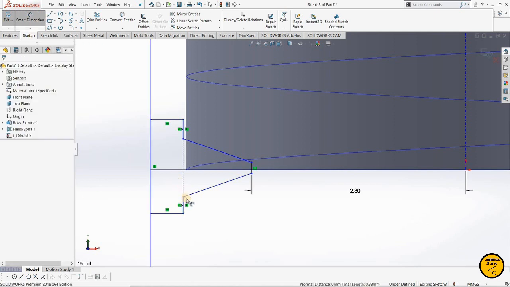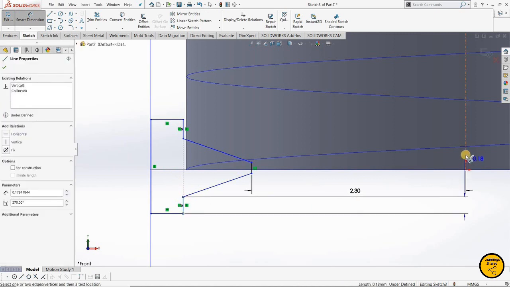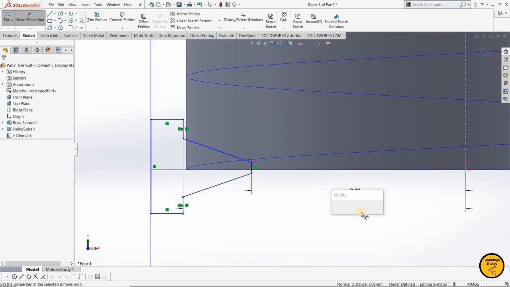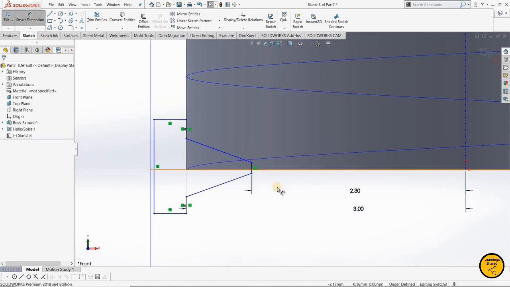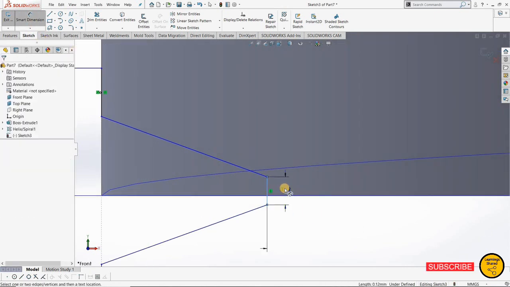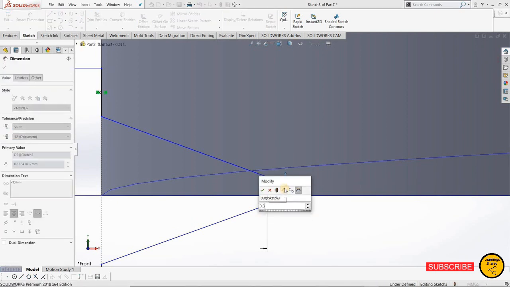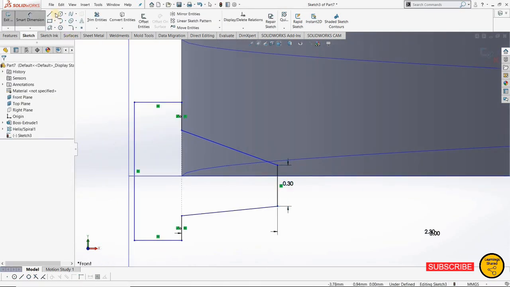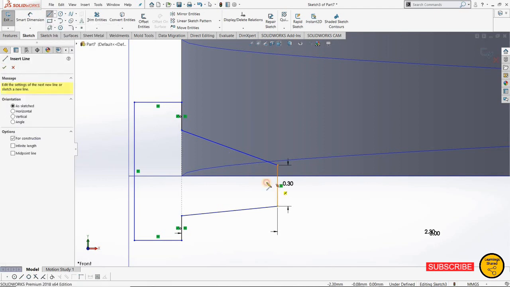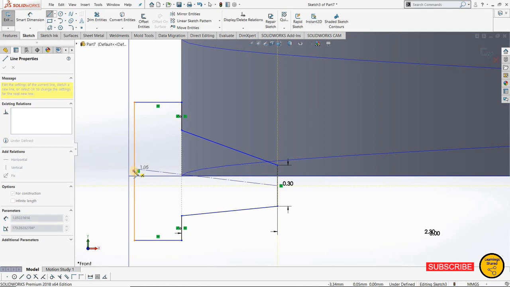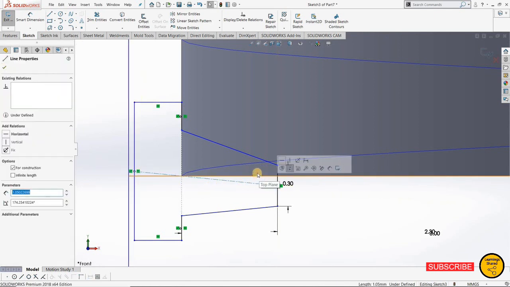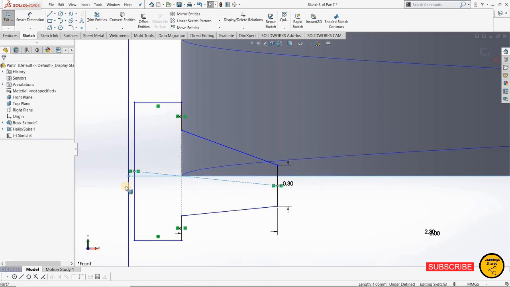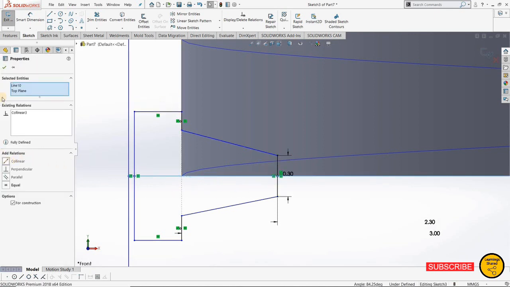Okay, now I'm going to give this dia as 3. Okay, now this distance as 0.3. I'll draw one center line, you can say a construction line also, and I'll make it collinear in this.